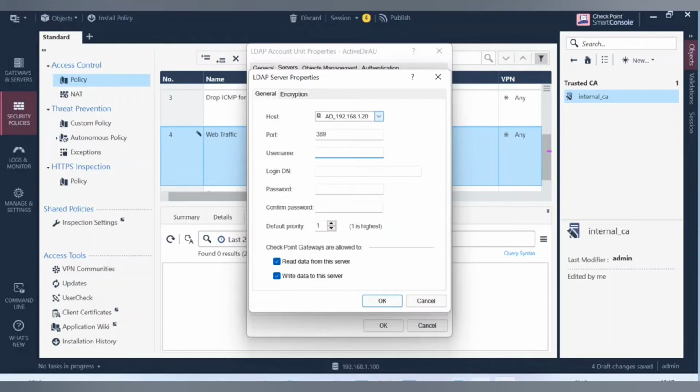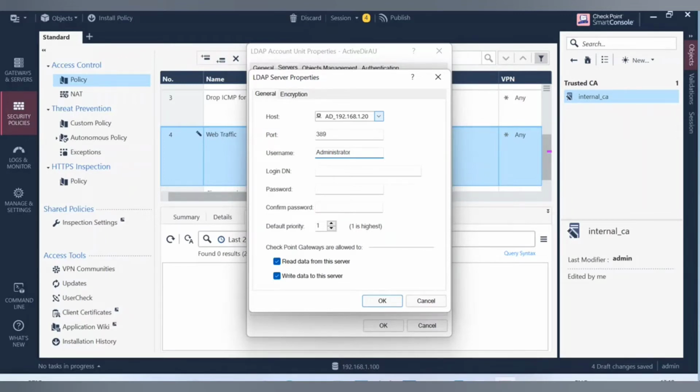Let's give the username as administrator. Make sure you provide the correct details here, because if you miss anything or make a misspelling, it will not work. So this is a sensitive step. Administrator,